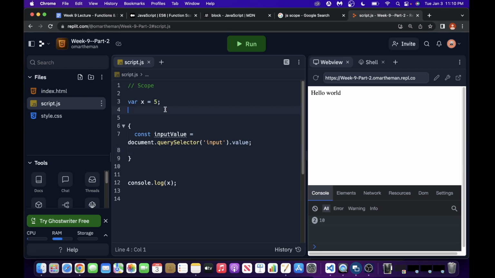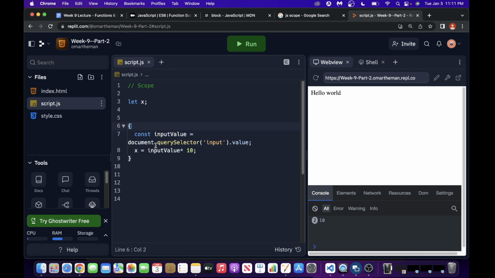So let's do a let x like that, and then we can say x equals input value times 10, and then down here we would be able to use that new x that has been modified by something in the DOM,